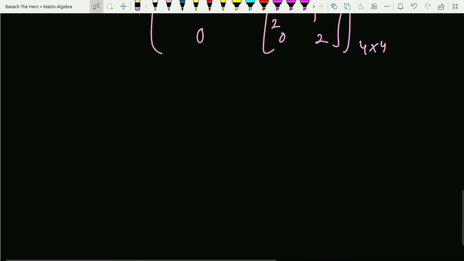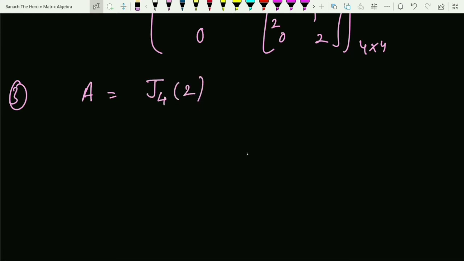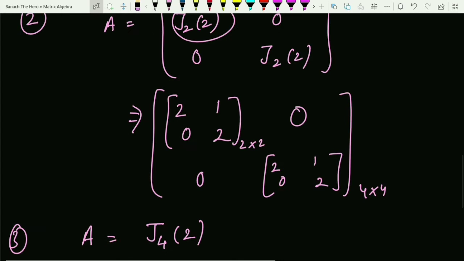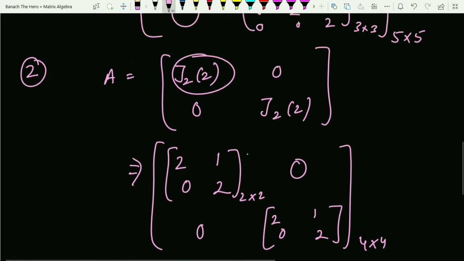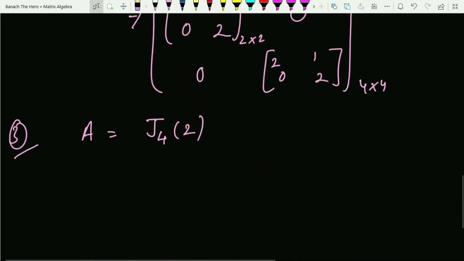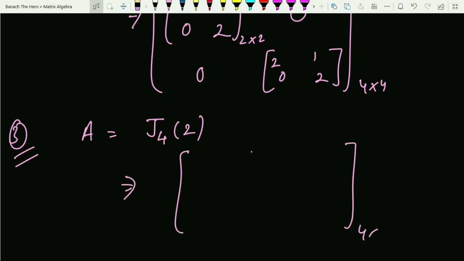But if I say now in the third example, make a matrix A which is containing a Jordan block that is a J42. So this is a block of size 4, right, with lambda equals 2. If you're thinking that the second one and the third one are the same, no, they are not the same, because now if you consider this one, just see to it. This will be a block of size 4 cross 4, right, and the diagonal entries will be 2 2 2 2, right. Super diagonal we will be having 1 1 1, right, rest others 0.